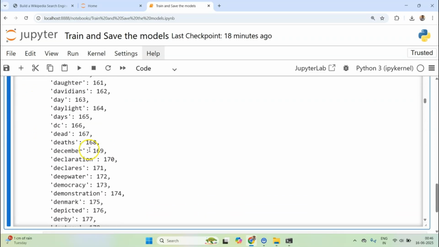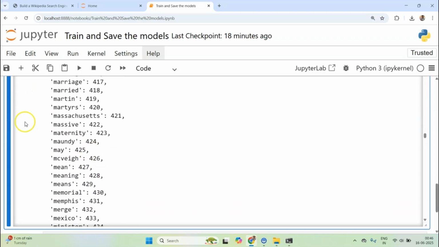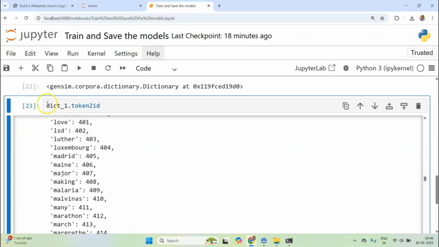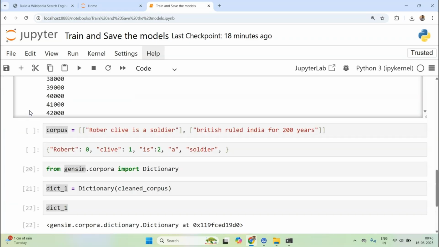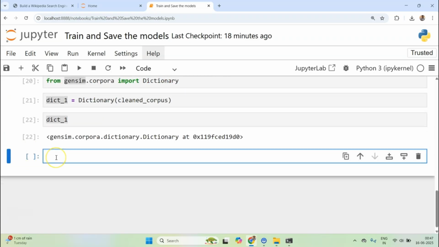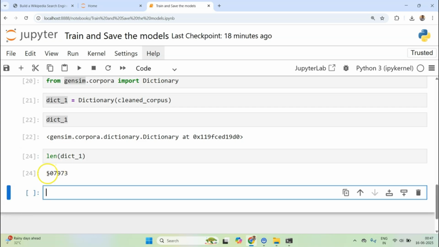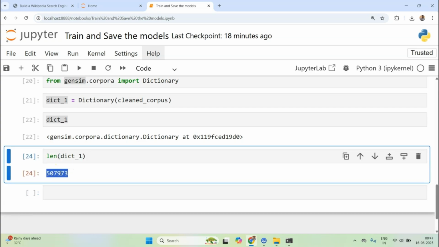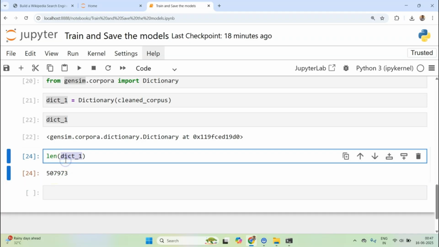And there are so many unique words. Now let's check the length of dictionary1. We can see this entire corpus has about 507k unique words. So this is huge.